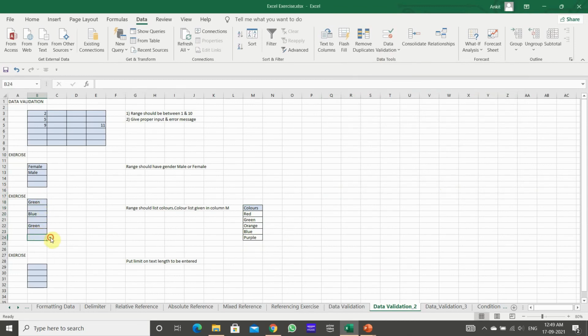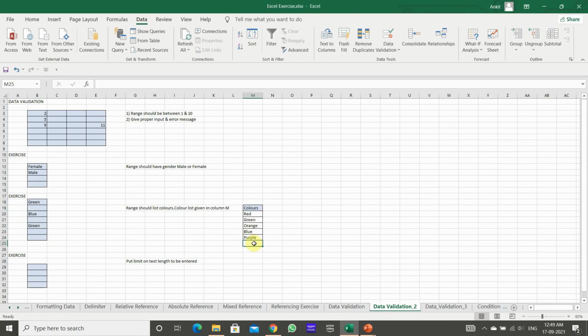Now if you observe one thing, if I click the drop down icon, you will see some empty cells here. The reason I selected the empty cells as a part of data validation is that if you want to enter any other color later on, you can add it here.